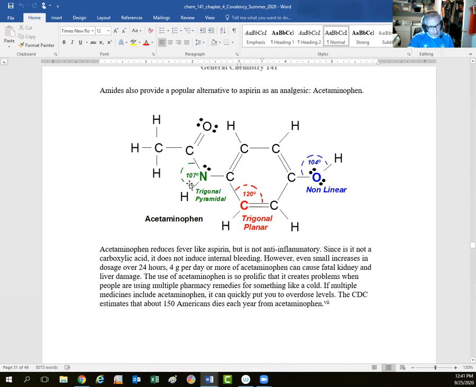You've got 3 bonds and a lone pair, trigonal pyramidal, 3 bonds to make trigonal planar. It's a good contrast between these two shapes. People often get them mixed up. Remember, trigonal planar does not have lone pairs. 2 bonds and 2 lone pairs, of course non-linear. 1, 2, 3, 4 chemical bonds back to tetrahedral. Now, acetaminophen is good for pain killing and reduces fevers as well, like aspirin, but it does